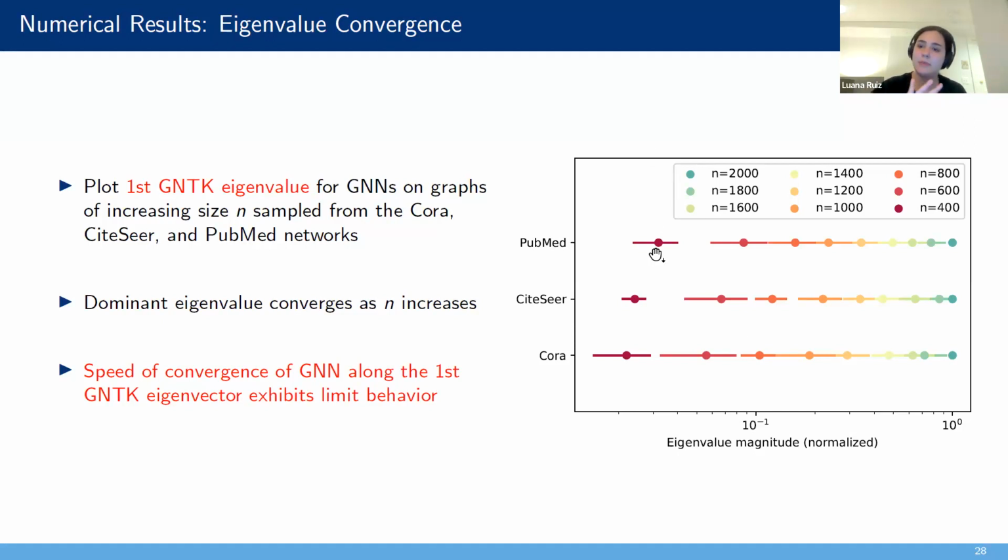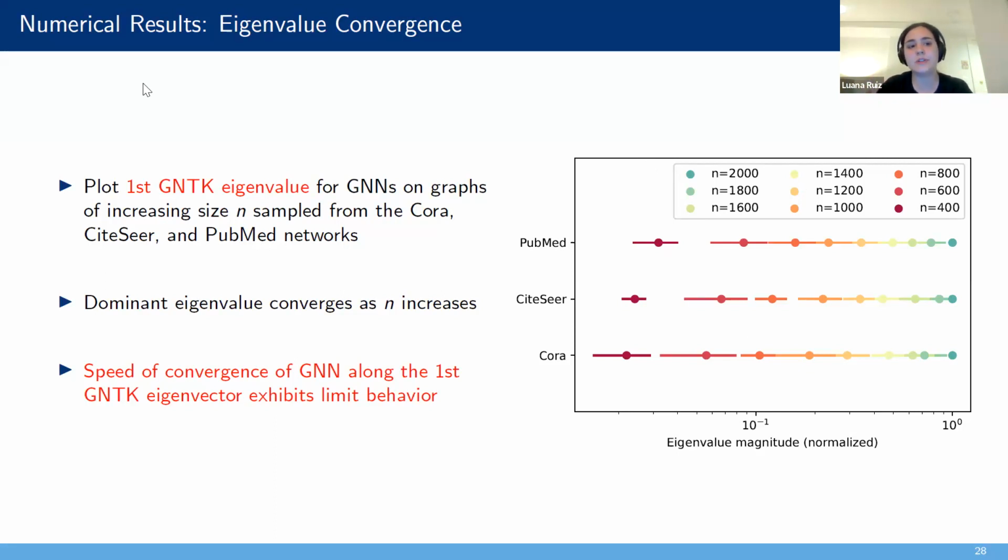What we did then was that we trained a GNN and fitted a GNTK to solve this problem. And then we plotted on the right the dominant eigenvalue of the graph neural tangent kernel for different graph sizes. And what we saw is that this eigenvalue converges as we increase the graph size, indicating that